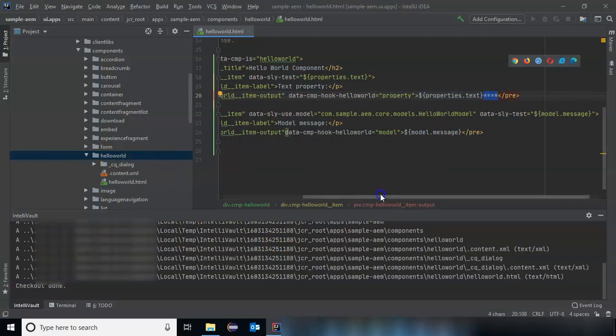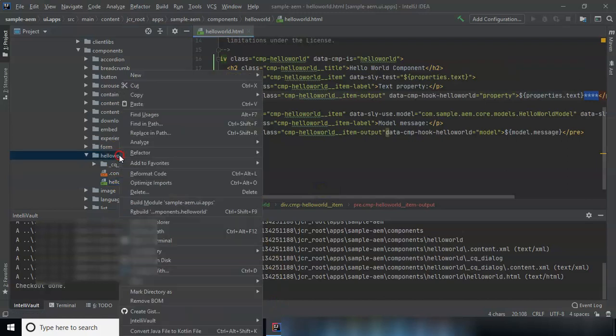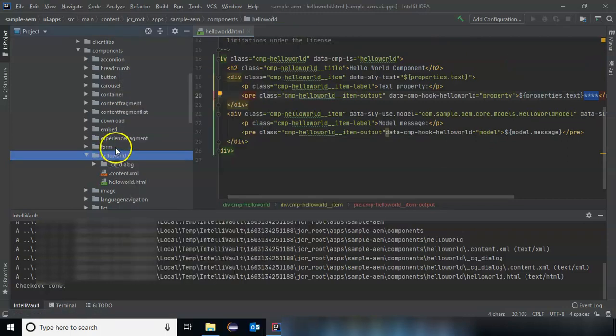Now another question you guys might be having: why didn't I pull it from here? Why did I pull it from the folder? So the only catch which FileVault has is it cannot pull individual files. It can only pull directories. So it will completely replace the content in your directory. So you have to always make sure that if you have more than one file in any of your project, if you pull any changes from your CRXDE down to your local, or you go up from your local to your CRXDE, all the files will get replaced, right?